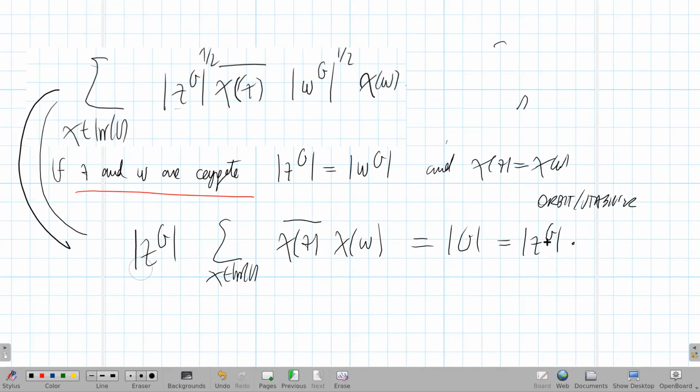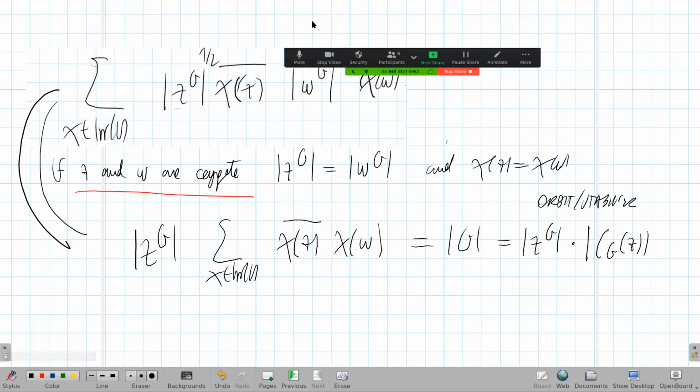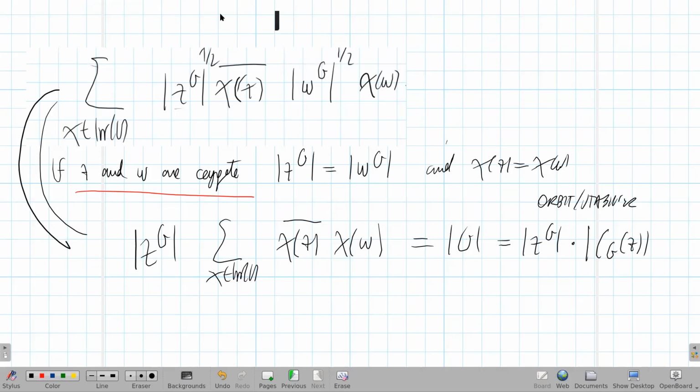What a stabilizer in the conjugacy action is, the centralizer of Z. Okay, so recall that the centralizer in G of Z equals the elements of G which commute with Z, okay? And this is the stabilizer in the conjugacy action. So you have orbit stabilizer here, you simplify, okay? And you obtain the other